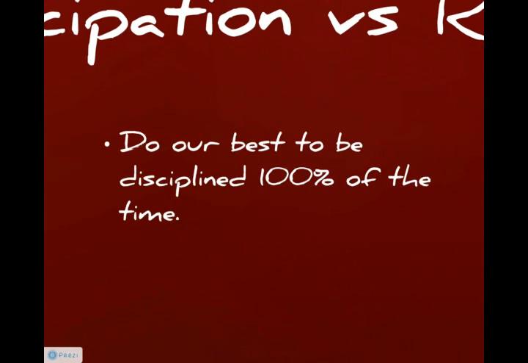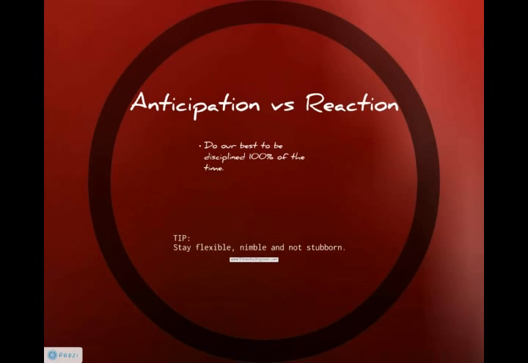Listen, this is real. This is the real thing. I do it every day. It is the real lesson, the real idea of needing to be disciplined enough to control yourself. Because if you don't control yourself, that 15% of the time can wipe out 85% of your gains, and we definitely don't want that to happen. Some of the tips of discipline are to be flexible, nimble, and not stubborn in so many aspects.